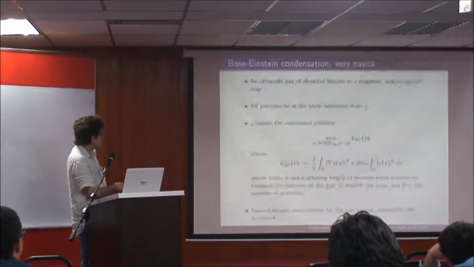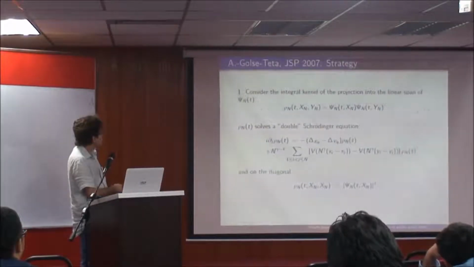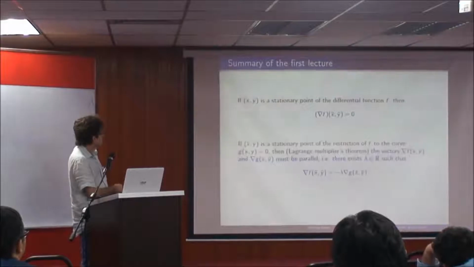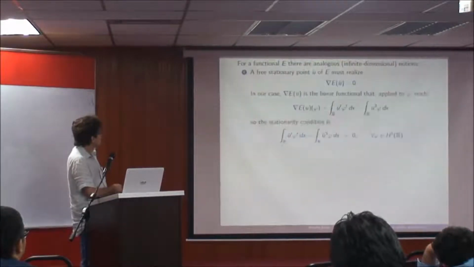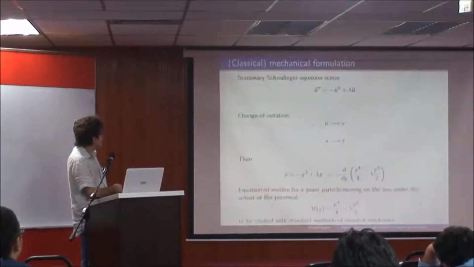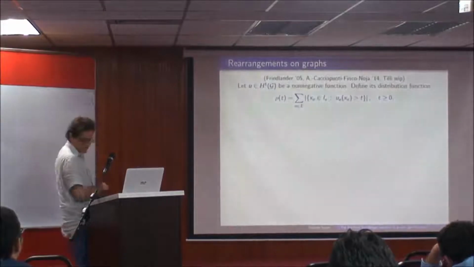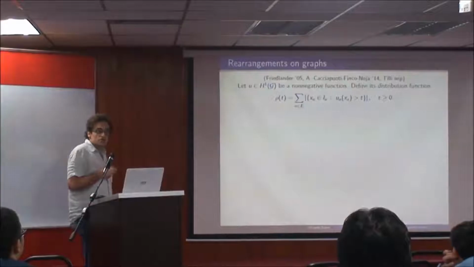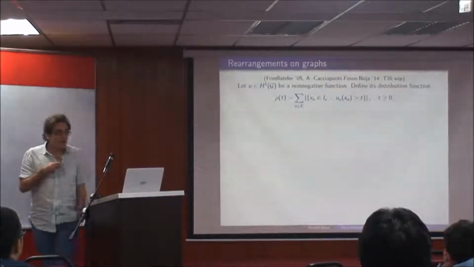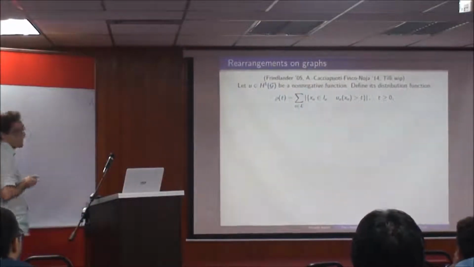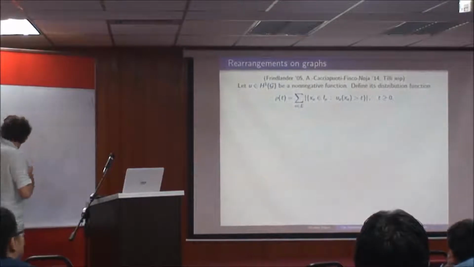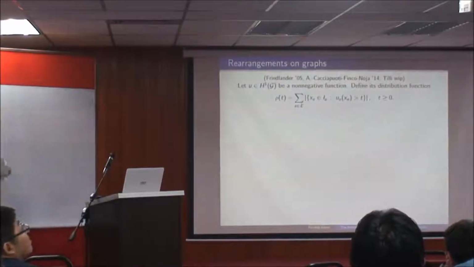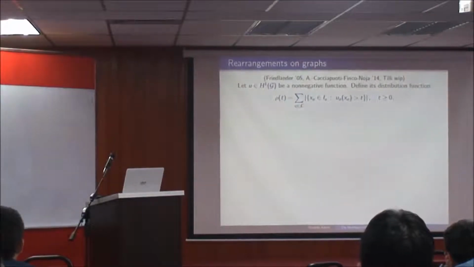Okay, this was the presentation, and let me get to the point where we arrived yesterday. Yesterday we saw that there are graphs for which there is a minimizer and graphs for which there is no minimizer. And in particular, I want to stress a point. When I say that there is no ground state,